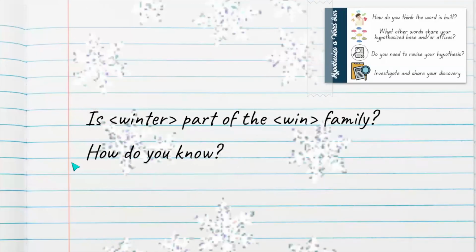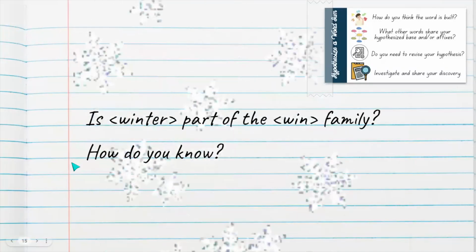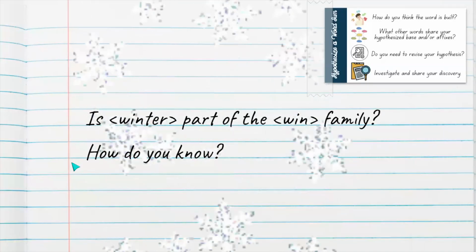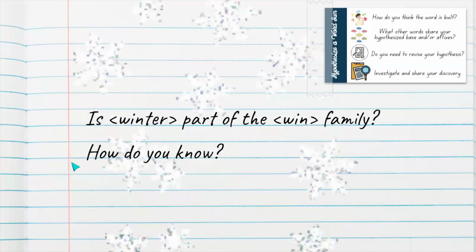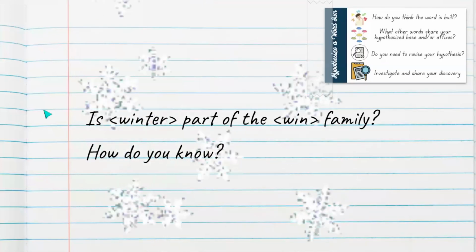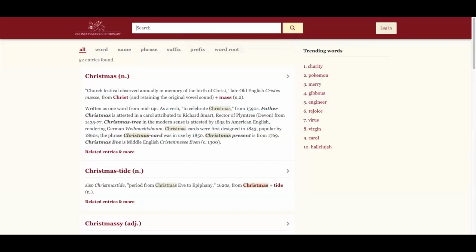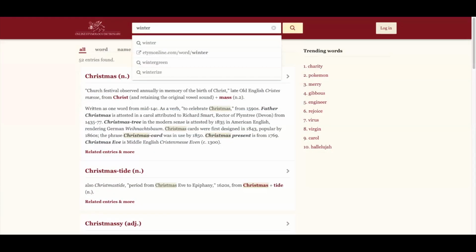So that would mean it can't be in the WIN family because TER isn't a suffix. If you're still wondering and you're really not sure, then we head on over to our favorite Etymonline dictionary